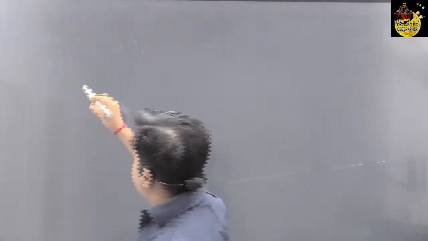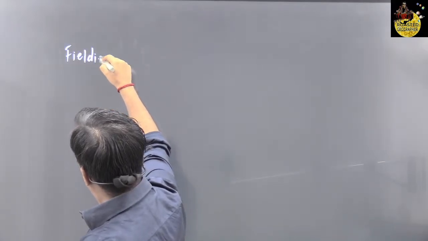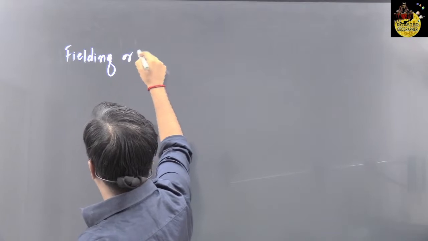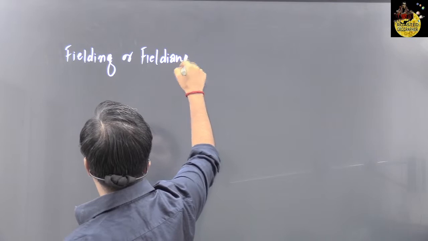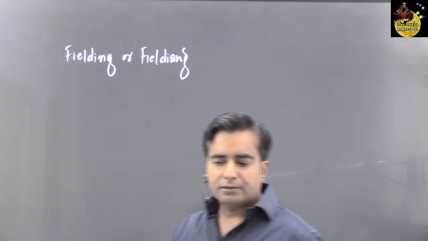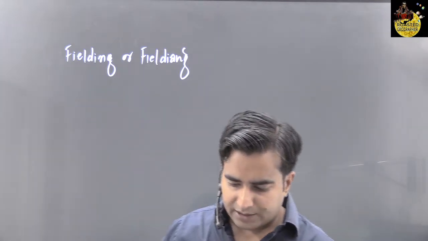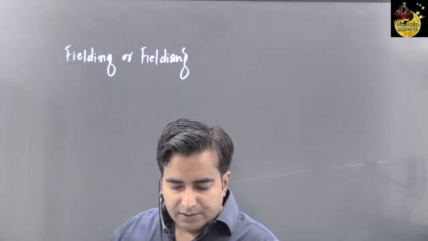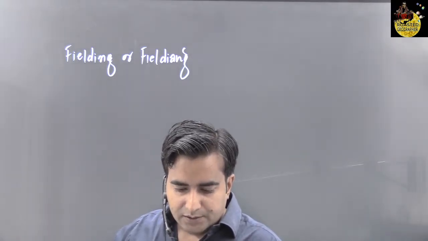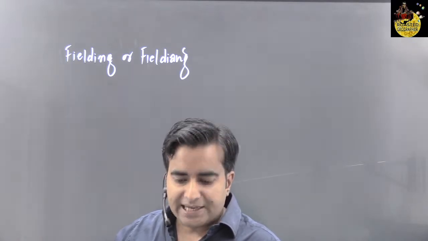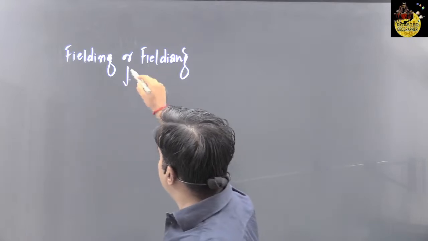Fielding has mentioned, okay, many books use this ANG as well, Fielding. Okay, but we'll use Fielding. तो दोनों ही स्पेलिंग लिख लीजिए, कोई दिक्कत नहीं, कोई भी यूज कर सकते हैं. Fielding has mentioned in his book Geography as a Social Science,